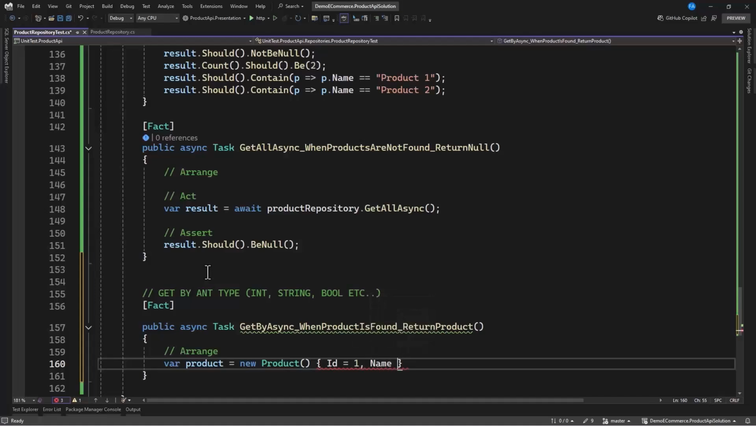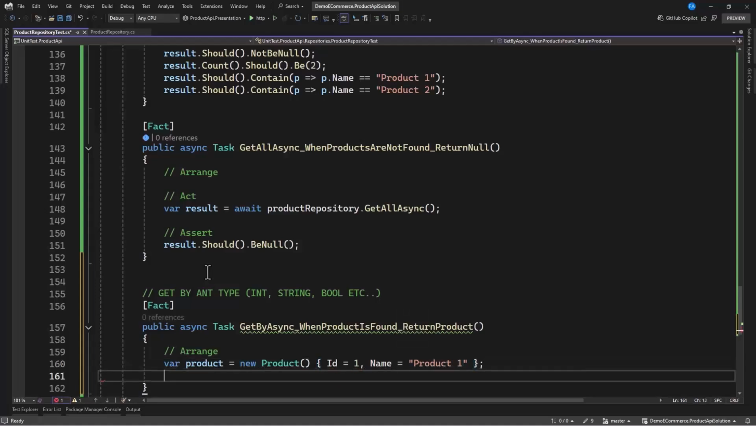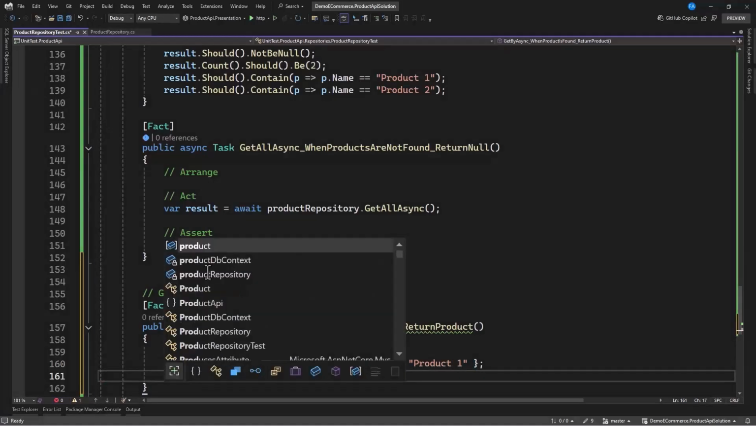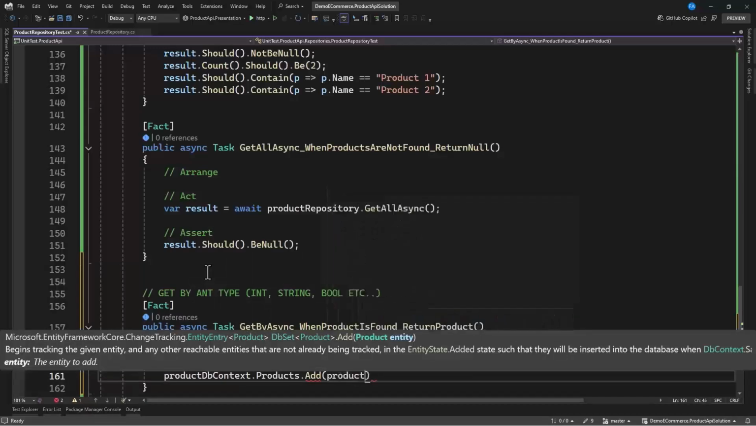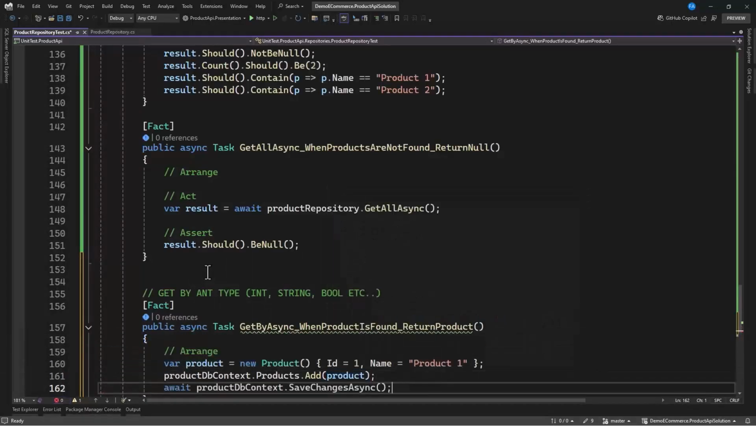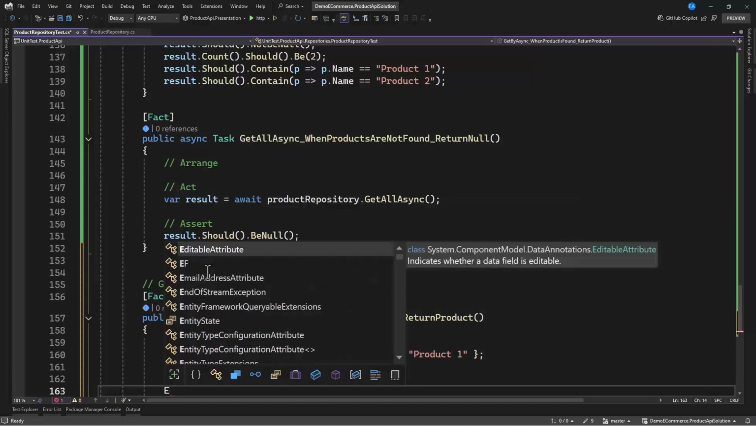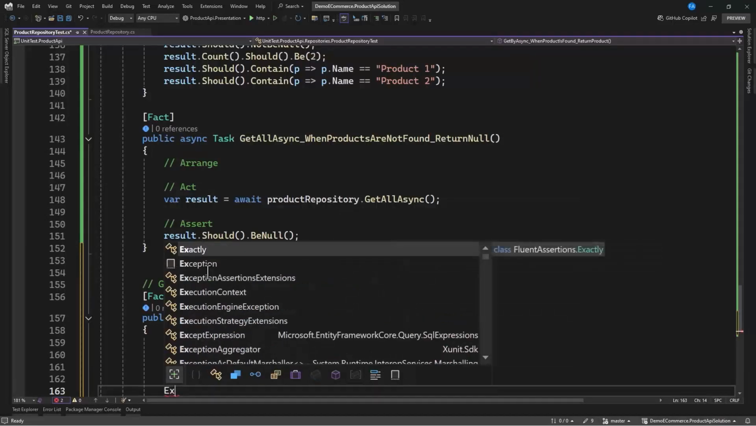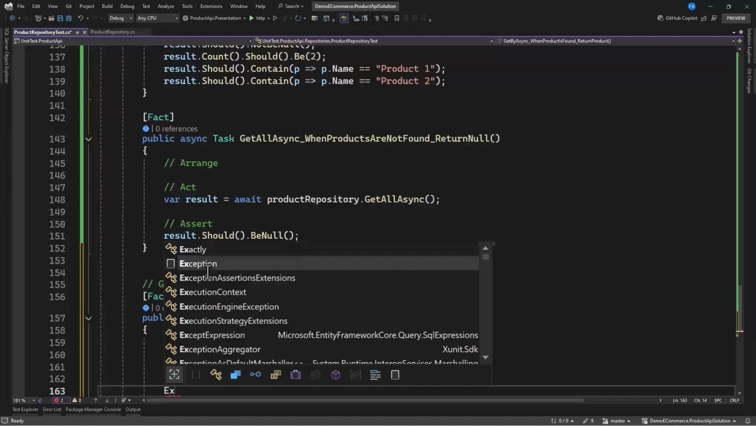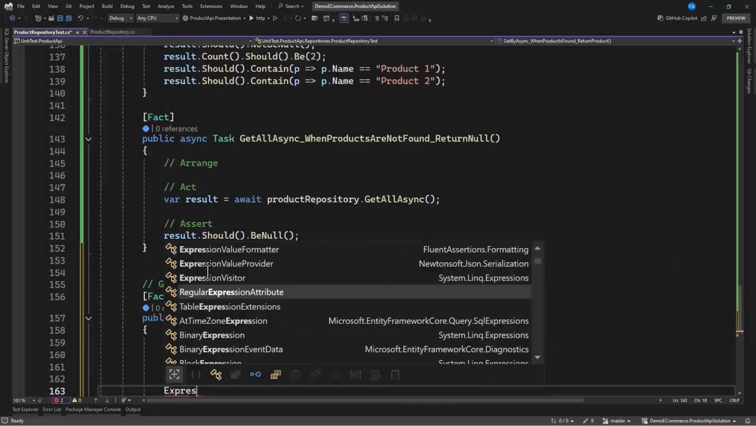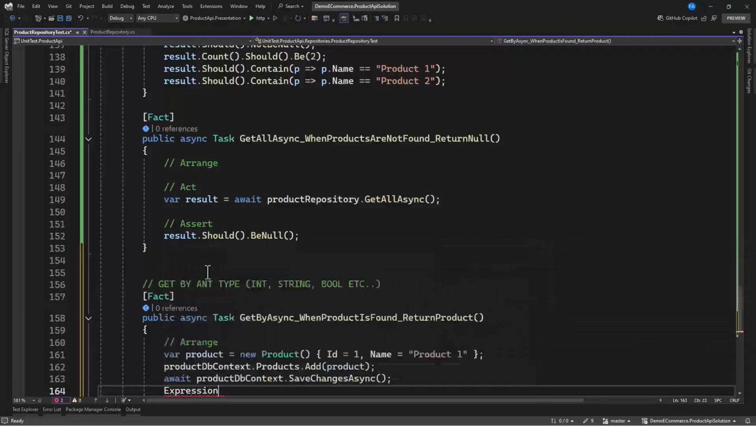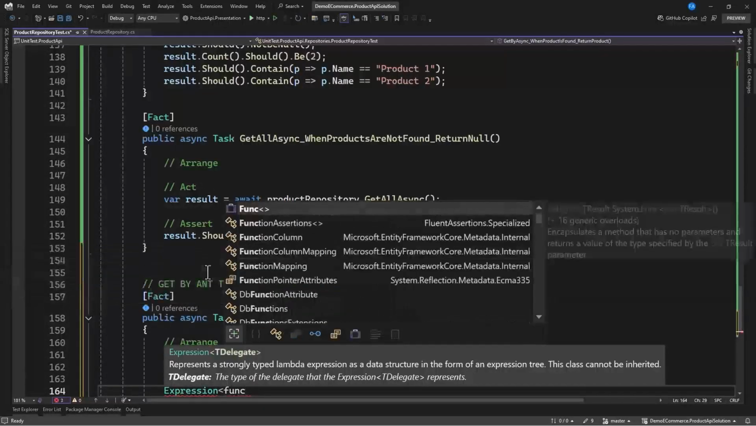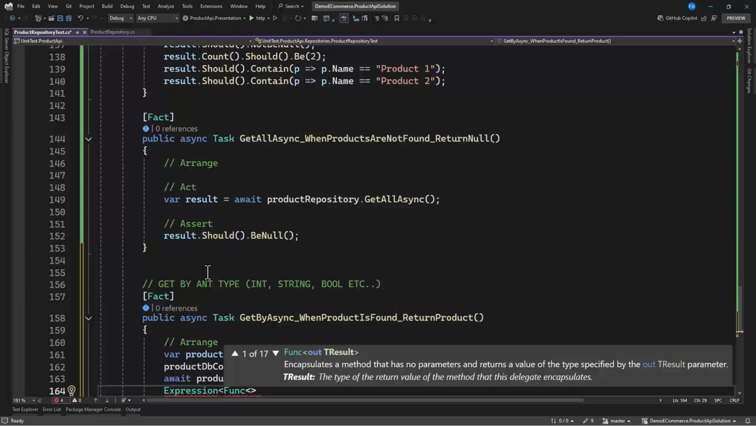Aside from that, let's go ahead and add it. So product db context dot product dot add, then add this product. After that, save changes. Then here, let's specify the expression. So we're saying that the expression that we have should take in the func function. Now this func should take in the t object and that the t model, and the t model here is a product in a bool. Aside from that, we want to say this is predicate,